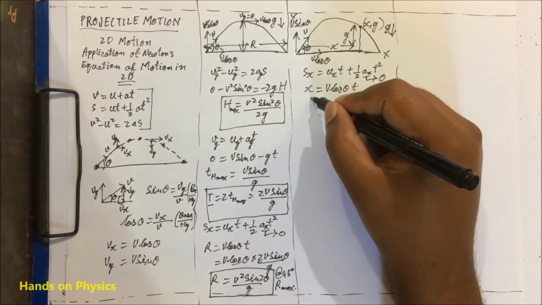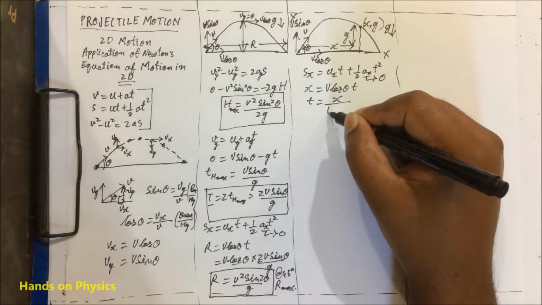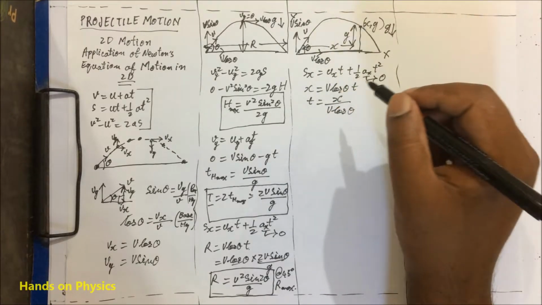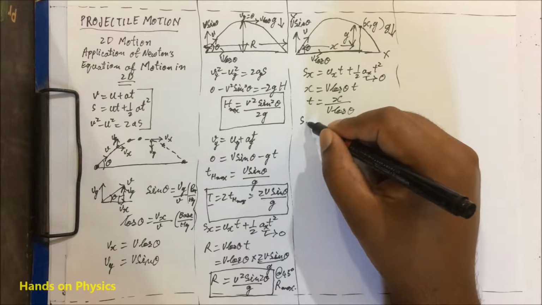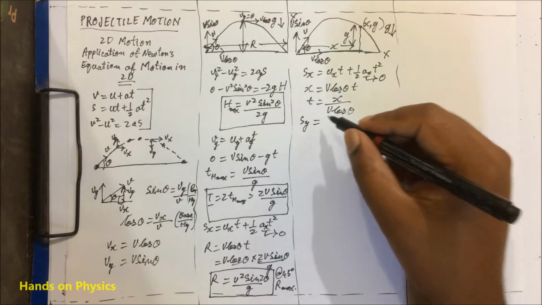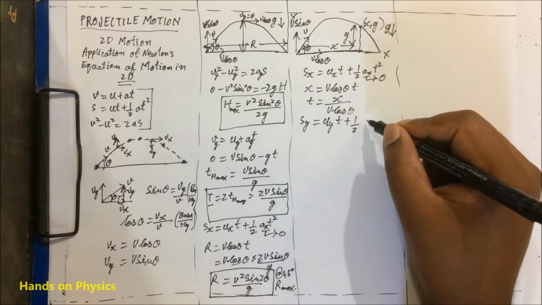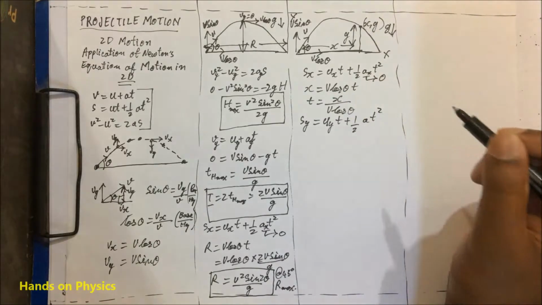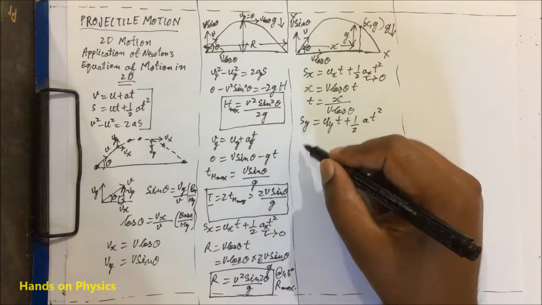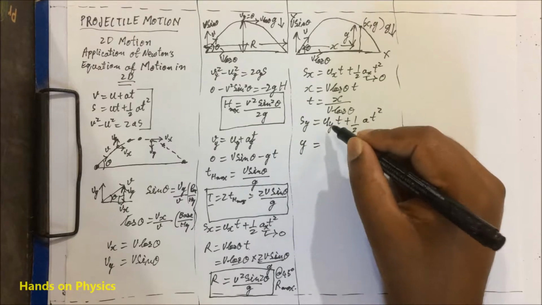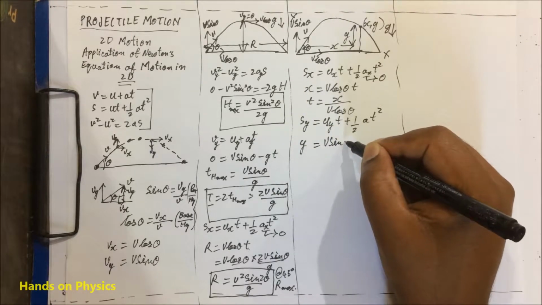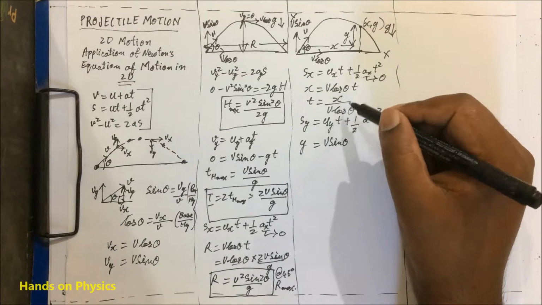So t will be equal to x upon v cos theta. S of y in the y-axis direction is u of y times t plus half a t square. So s of y is nothing but y, which is equal to u of y, that is v sine theta times t